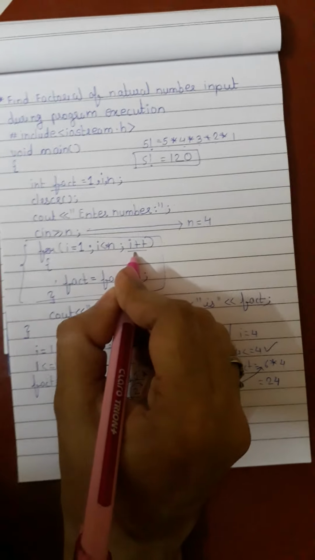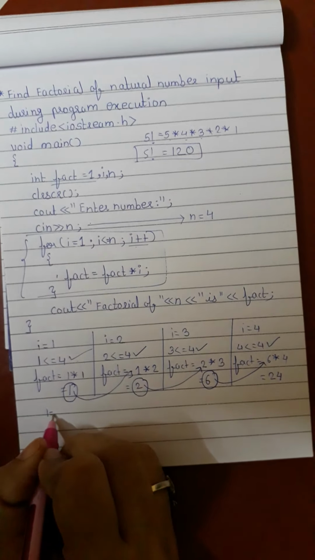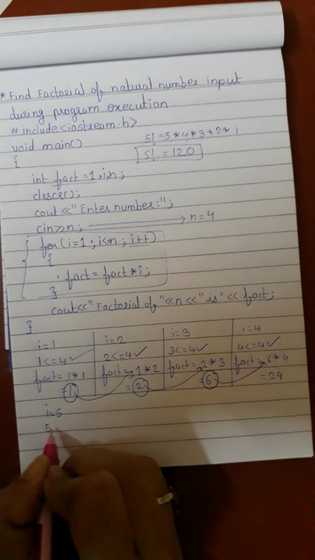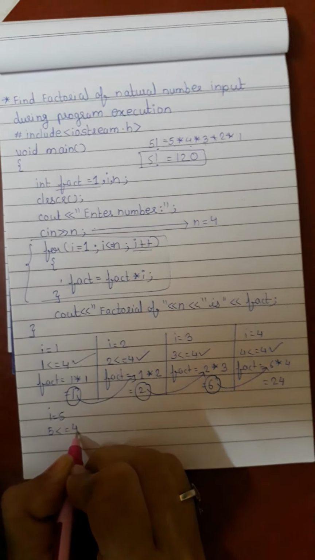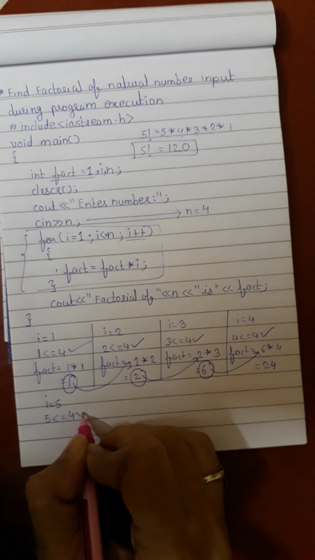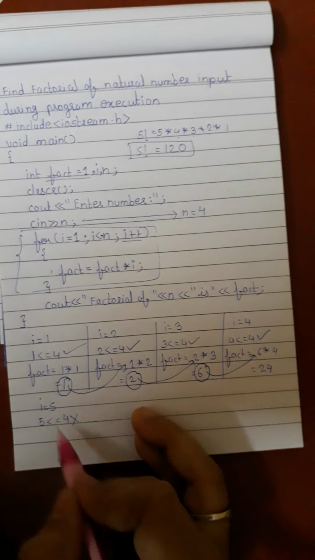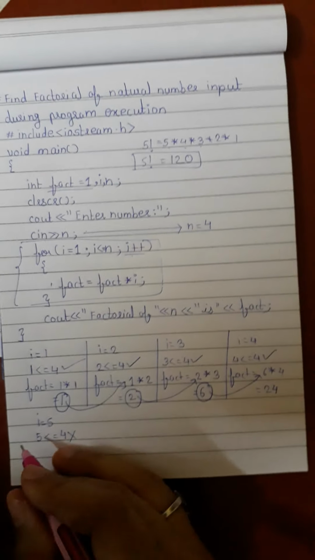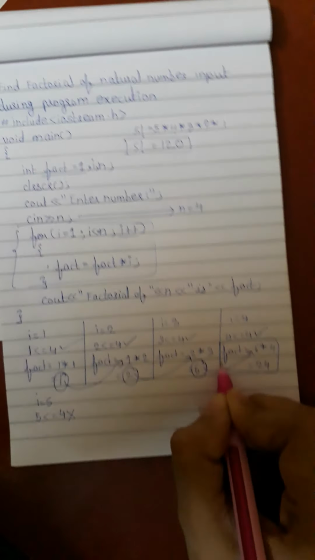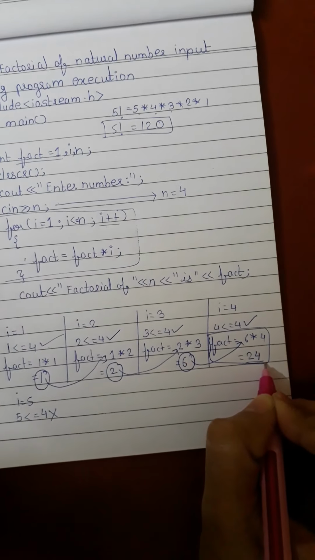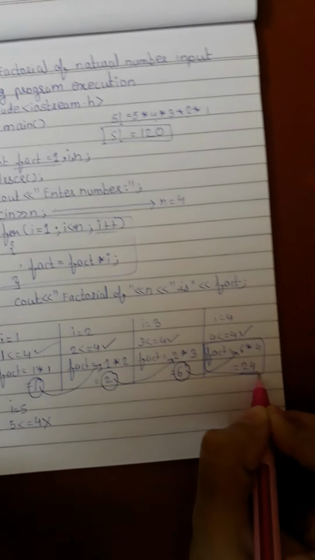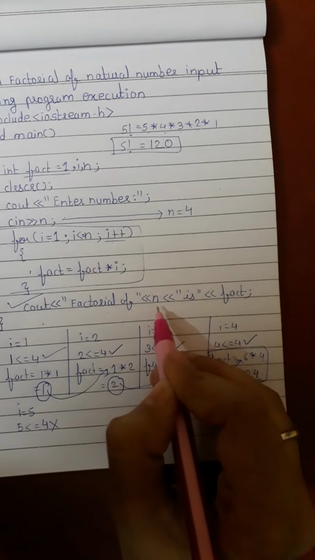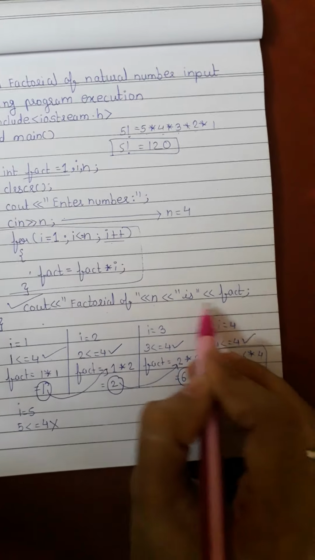Then because of i plus plus, again i's value will get incremented, that is 5. But as per the condition which we have written, 5 less than equal to 4, the value of n is 4, so this comparison will take place and the condition will be false. So after exiting from the for loop, the last value which is stored inside the factorial is 24. And I think the factorial of 4 is 24 only. So that will get displayed because of this particular cout statement. Factorial of n, where n is 4, so factorial of 4 is 24.